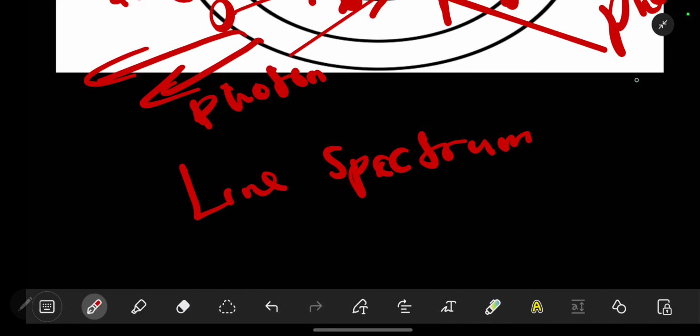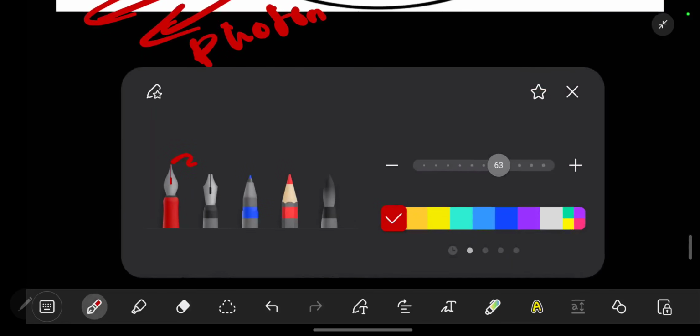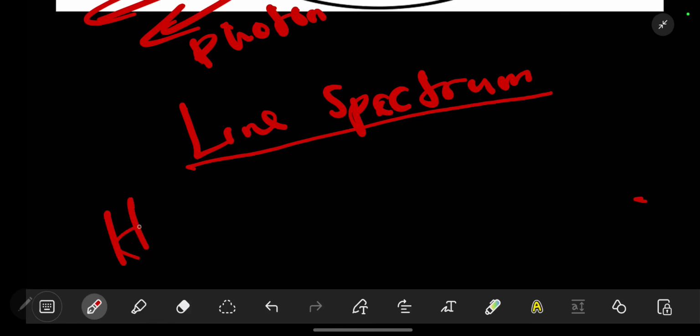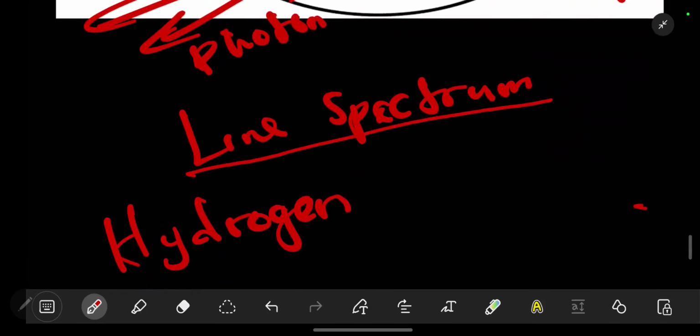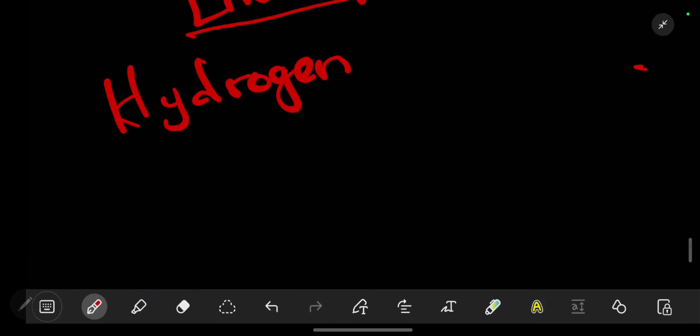So the line spectrum explains why some gases, such as hydrogen, are able to produce only discrete colors. That simply means some colors, not all of the colors, like the continuous spectrum. So let's differentiate something. So the line spectrum. Now if you look at the continuous